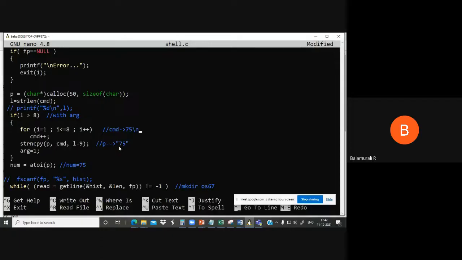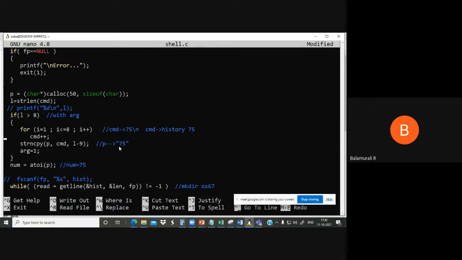For example, if the command is something like history space 75, it means we need the last 75 commands. Currently CMD is pointing to H. But we want to make CMD point to 75. So we are running the for loop for 8 times and we are incrementing CMD.